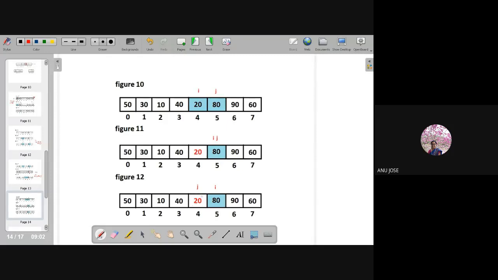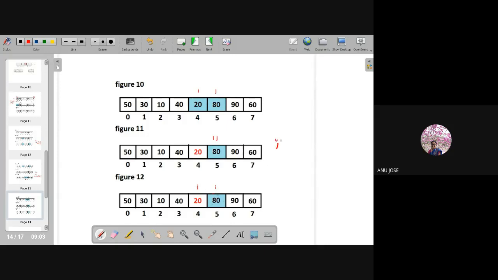So j has also found a smaller value and has stopped its movement, and in a similar way i has also stopped its movement at 80.